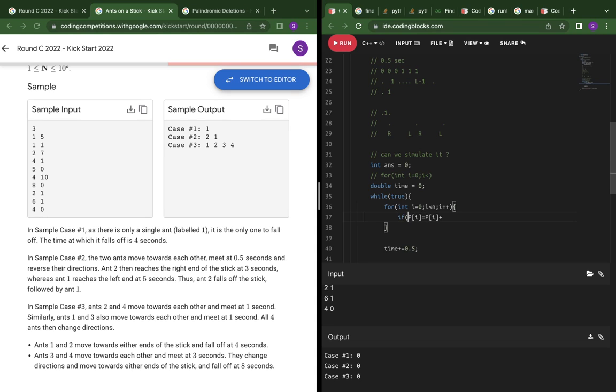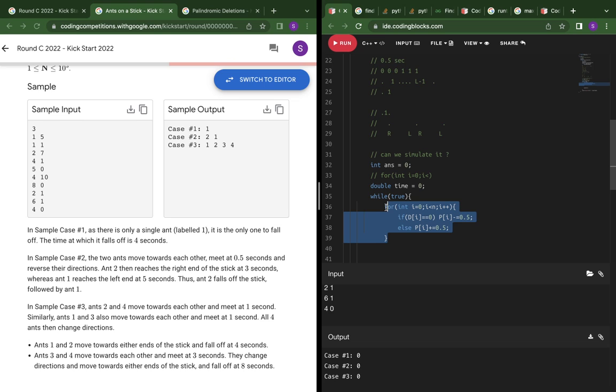So I can say if d of I is equal to 0, then I'm gonna subtract the time into the speed, that is 0.5, speed is 1, else I'm gonna say p of I plus equals 0.5. Right. Now what will happen is that